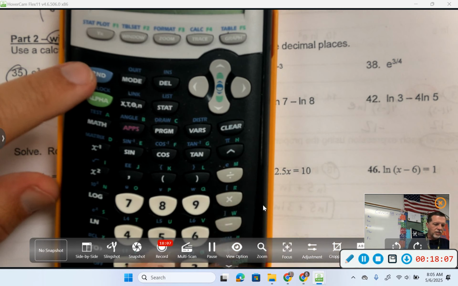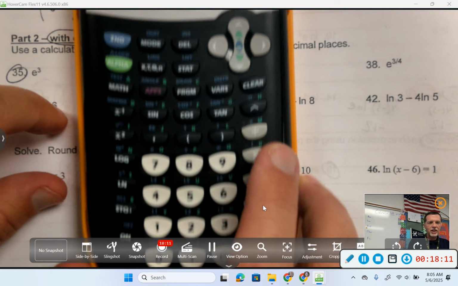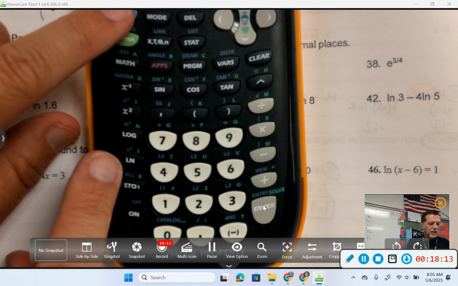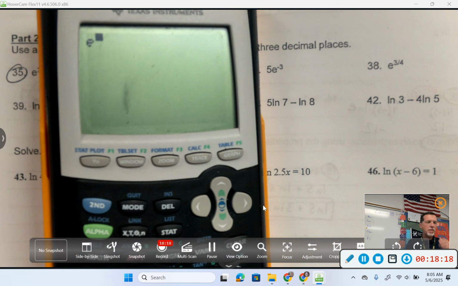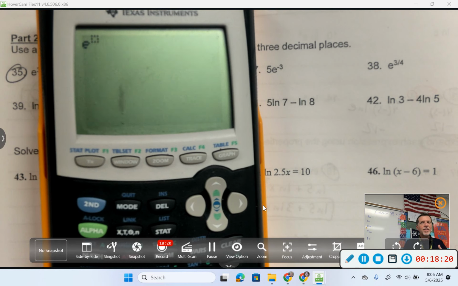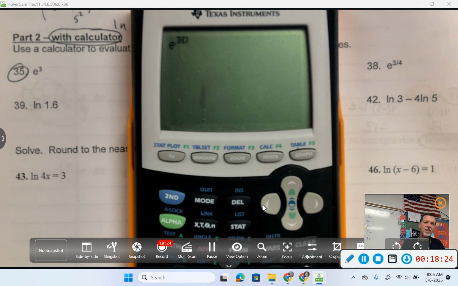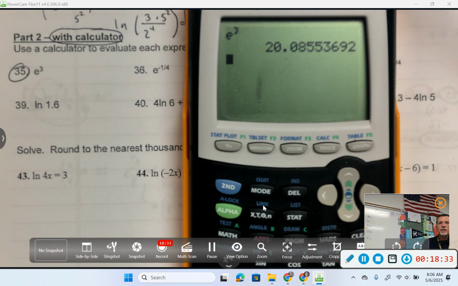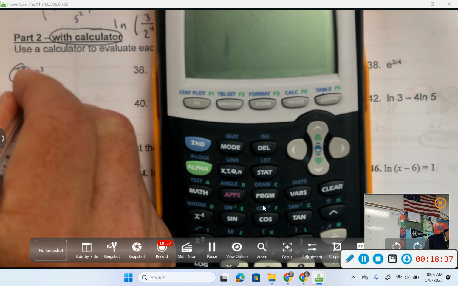So instead of having to do e raised to the, like you could do that on the right-hand side, they have that button built in. So second natural log automatically gives you an e with a power. Because that's usually how we use it, they made that a built-in button to save you some time, because it just takes so long to hit that caret button to go up to make a power. So that's all we're doing, is typing that into the calculator and getting 3 decimal places,